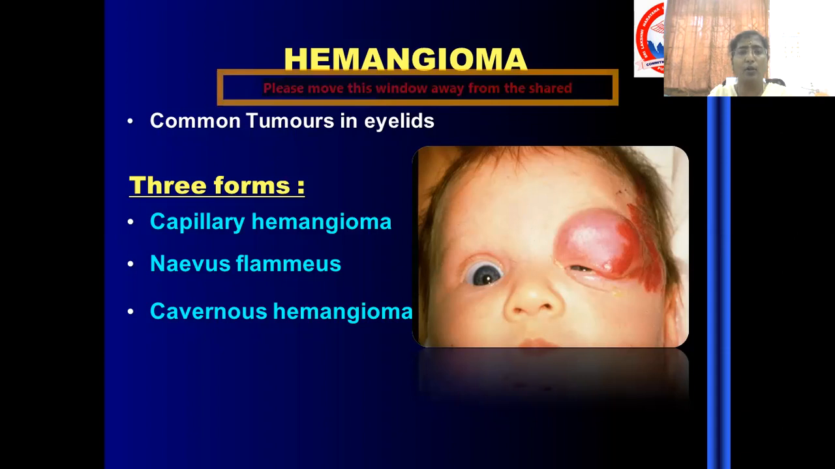Next is Port-Wine stain or nevus flammus. It is a rare congenital lesion on the face. Subcutaneous cavernous hemangioma, usually it is unilateral and segmental, and it can be